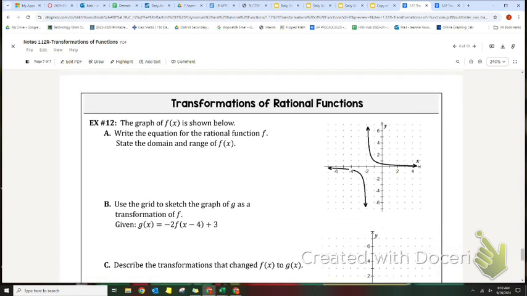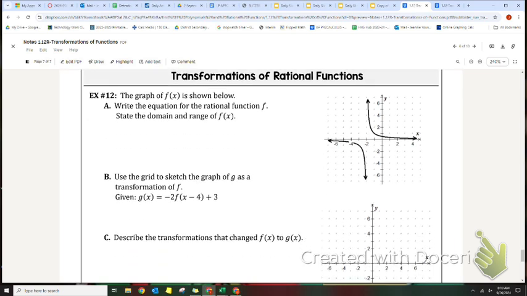All right, and then transformations of rational functions. So example 12 says the graph of f of x is shown below. A says write the equation for the rational function f, state its domain and range. Well, when we see this, we can see that we have a horizontal asymptote at y equals 0, and we have a vertical asymptote at x equals -2. So when I go to write my equation,